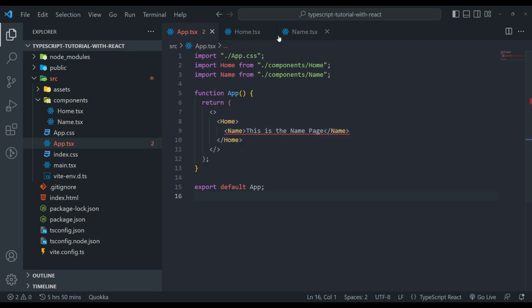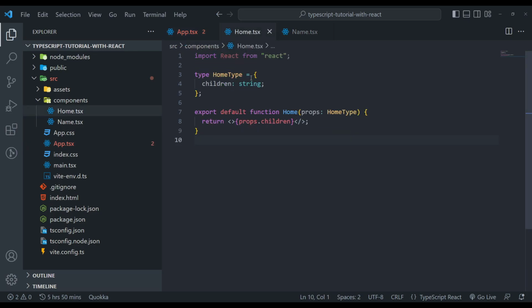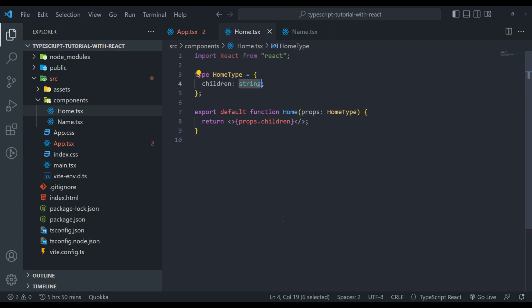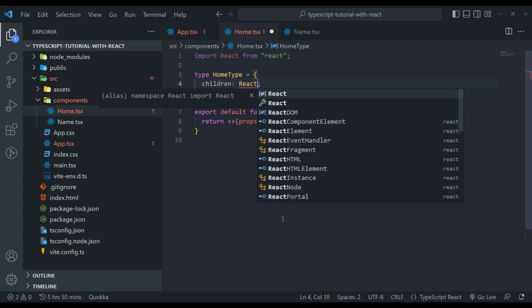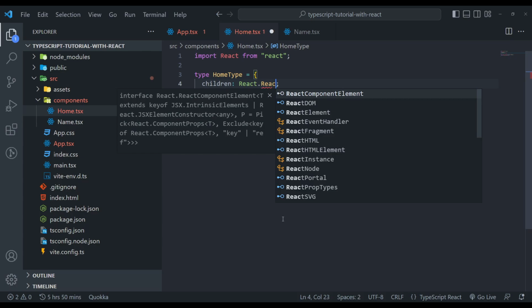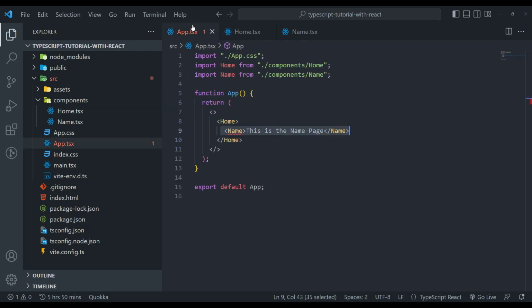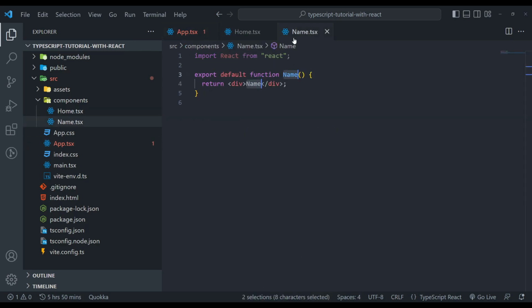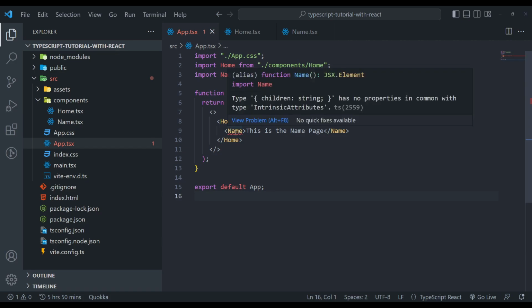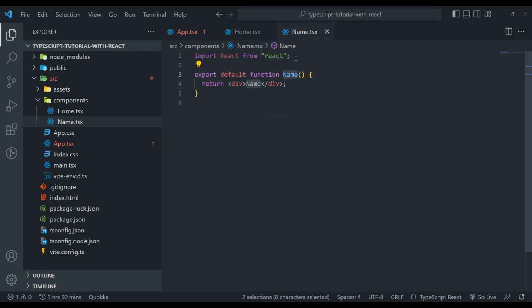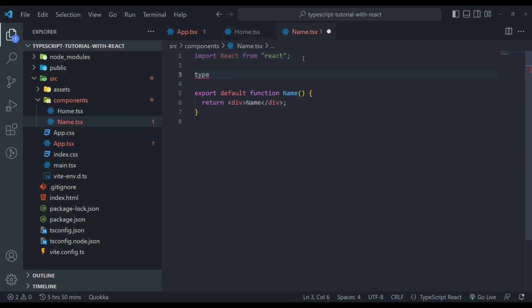Fine. So come over to this home.tsx, and this type of prop will be not valid because it is not a string. It's something else, and this is called React node type. So we can say React.ReactNode, and if you save this, the error will go away. But it's not going away because in the name page we also have to define a type for this text. So just copy this type, or just say type NameType